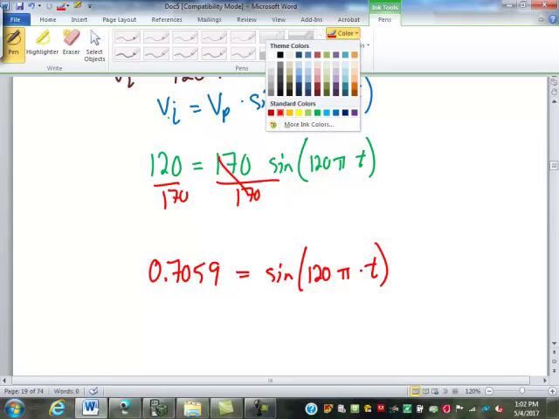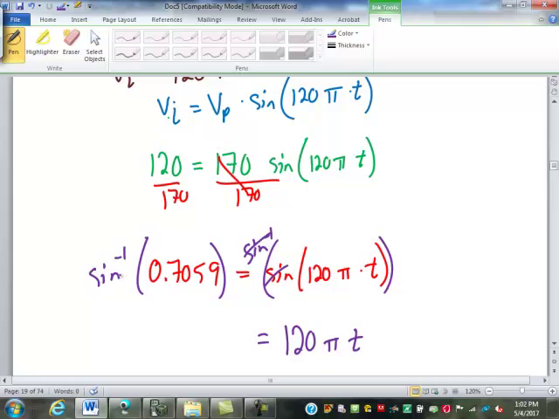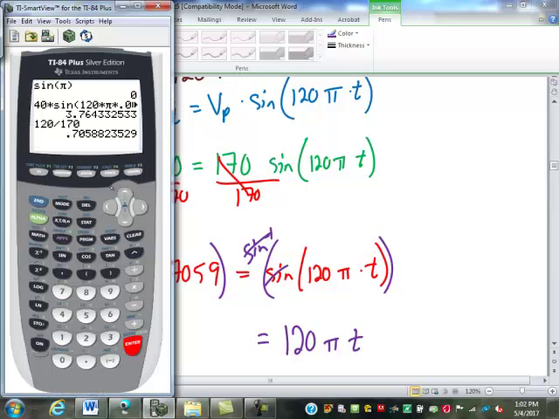Because what's my next step to solving this? Inverse sine, right? That's how we get rid of the sine. So I have to take the inverse sine of that number. So I'll cancel out the sine over here, leaving me with 120 pi t. But more importantly is what's happening here. I'm leaving this in my calculator so I can do second sine and then second answer. Tell my calculator to take the inverse sine of that previous answer, which will give me